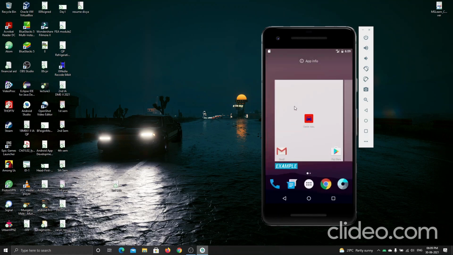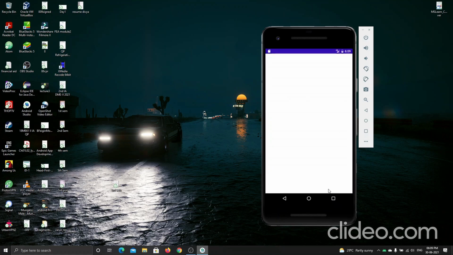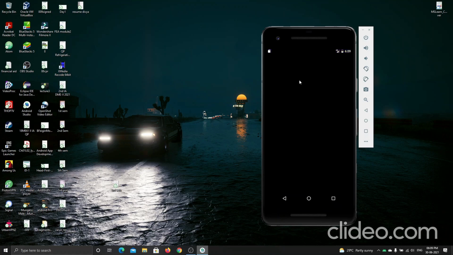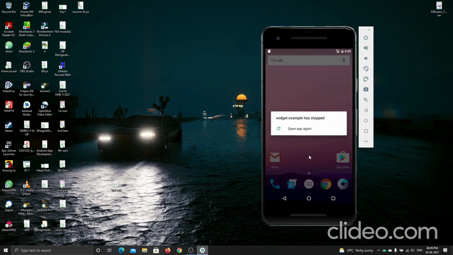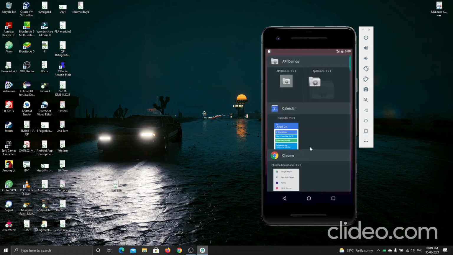when I drag it here on the home screen, it pops up the configuration screen. See, it automatically pops up the configuration screen. Let me relaunch this.